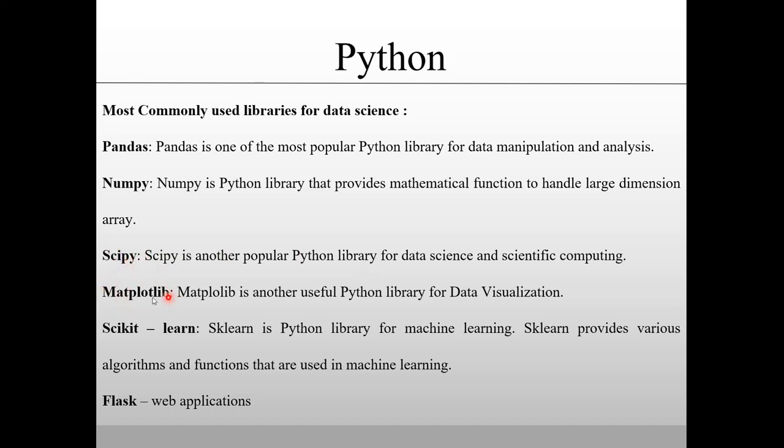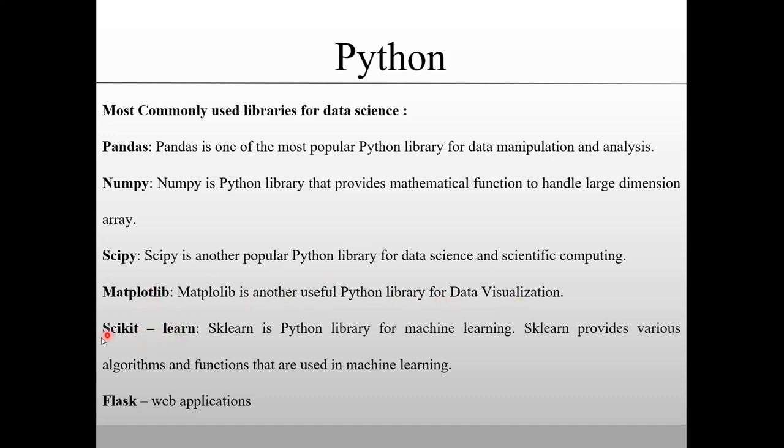Moving on to the next library, which is Matplotlib. Matplotlib is most probably used for visualization. So you can visualize the data. The data can be visualized in any form of charts or plots with the help of Matplotlib. In addition to Matplotlib, you can also make use of the library Seaborn. The Seaborn library is also used for data visualization. You can find a lot of charts and graphs, right?